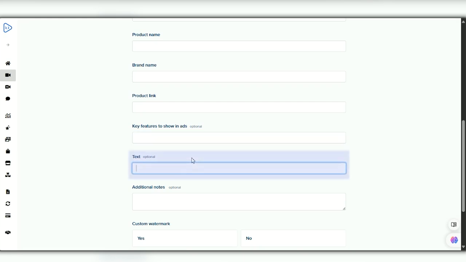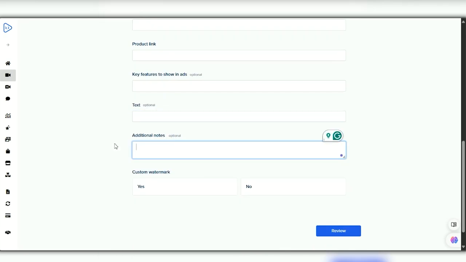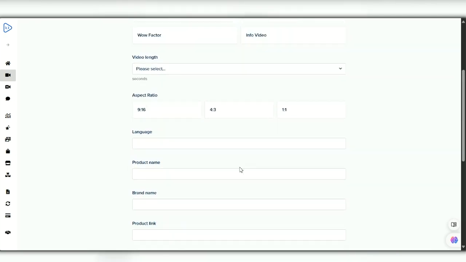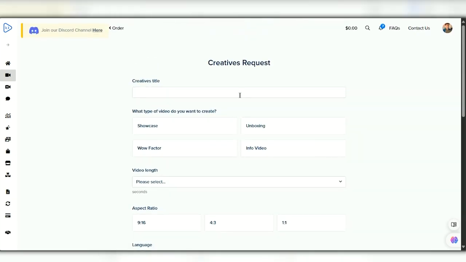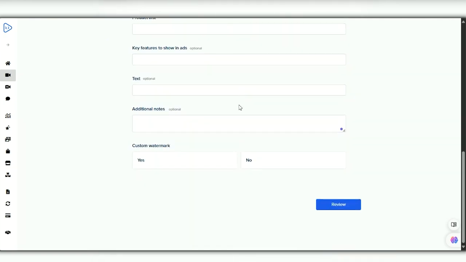And then if you're looking for any text within the video, you can add this text in here, as well as any additional notes or anything that we need to know too. And then if you're looking for a custom watermark, so a logo to add to your video as well, that's something that we can also offer you as well. So take as much time as you possibly can to fill out this form, as it's going to be the basis of